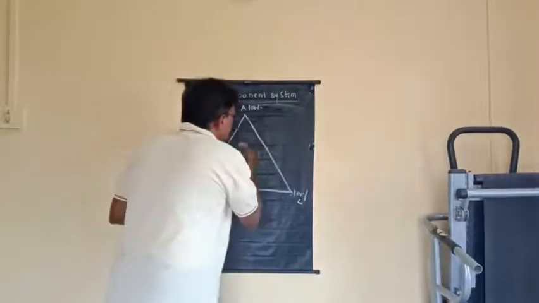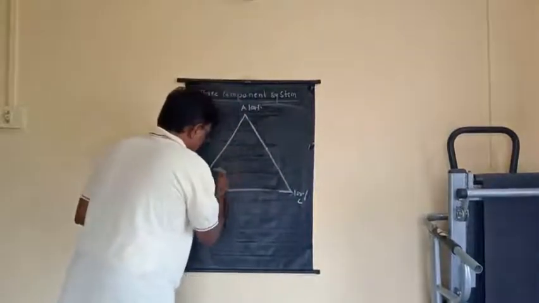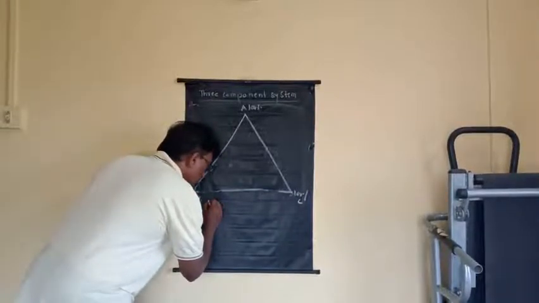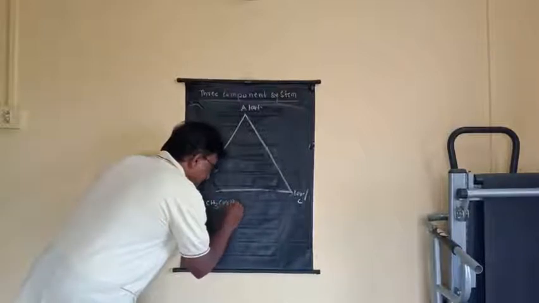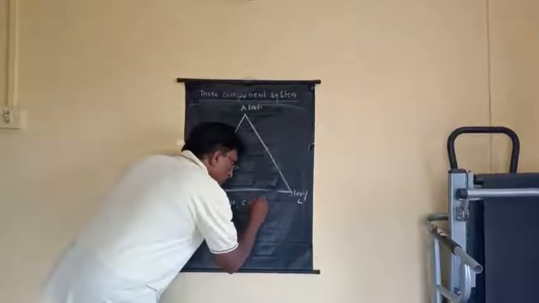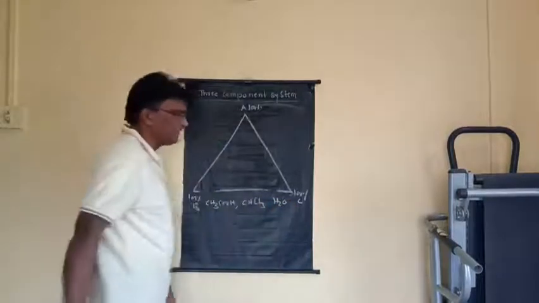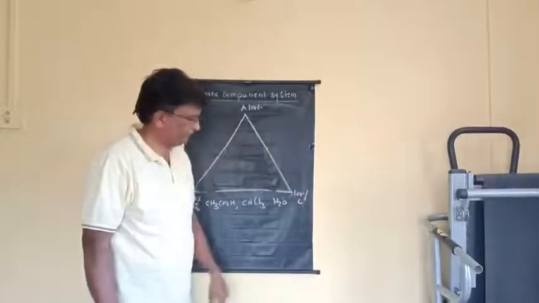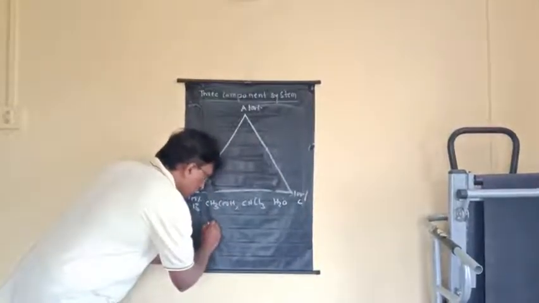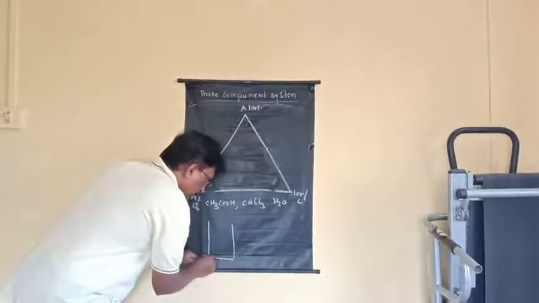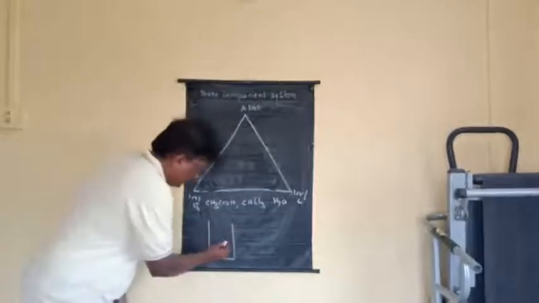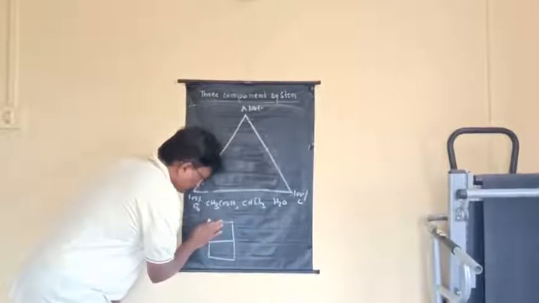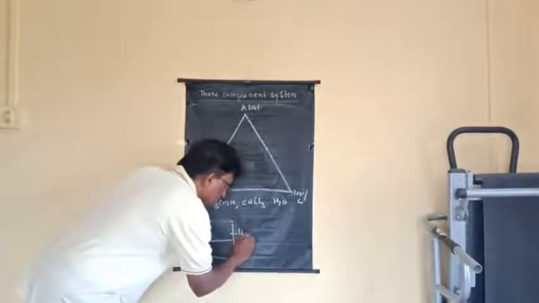Now, to study this particular three component system, we have a very simple example, that is acetic acid, chloroform and water. Acetic acid, chloroform and water. Now, before dealing with this, let us consider the system. Now, in this system we have chloroform. Suppose this is water, this is chloroform.